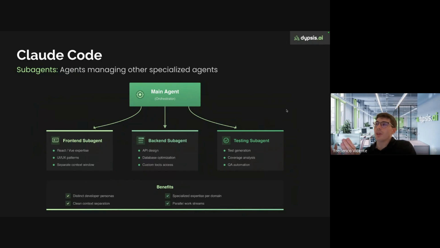So that allows your conversation window to be much cleaner. Also, a very good thing about subagents is that you can run them in parallel. For instance, Cloud Code by default, when you want to explore the repository or your code base, delegates some workers in parallel to explore the code repository, and then that information is collapsed. So it's also a way to spare some time.